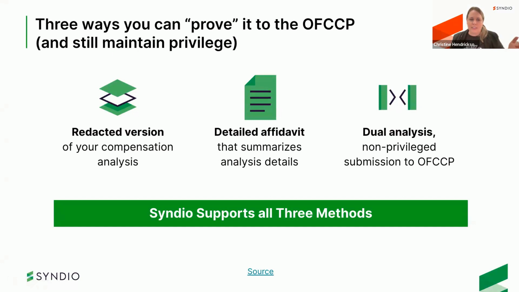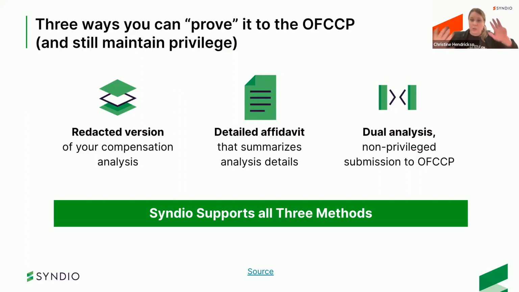In that, the OFCCP took the position that if employers were to conduct a privileged pay equity analysis, which the vast majority of Syndio customers are doing, you would have to prove that you conducted it to the OFCCP by either providing a redacted version of your compensation analysis, providing a detailed affidavit that summarizes the analysis details,